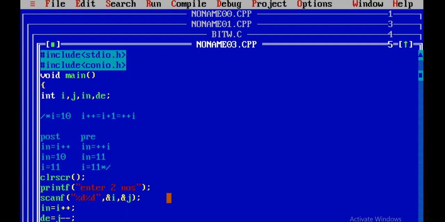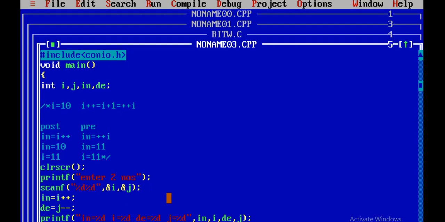Okay, now printf("in = %d and i = %d, and de = %d, and j = %d"), and put the values of in, i, de, j.